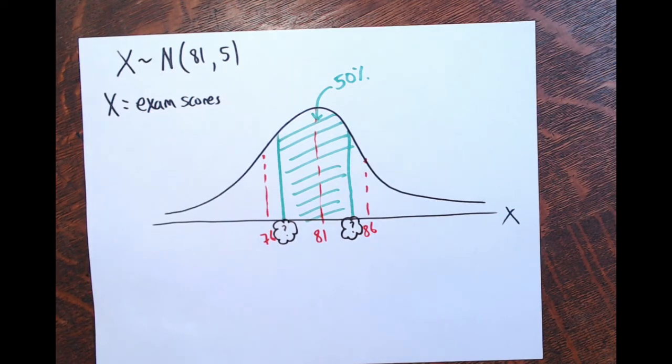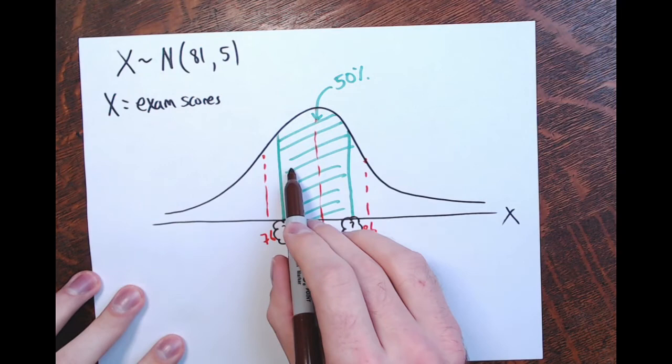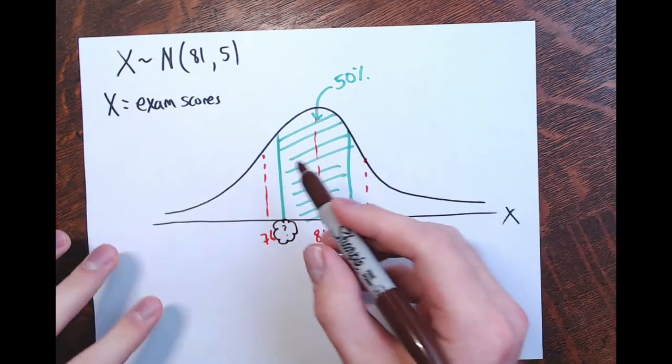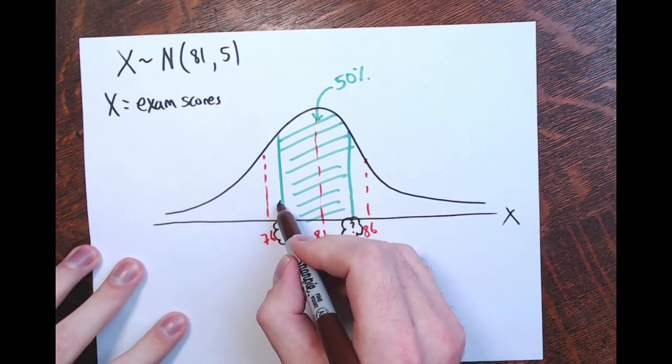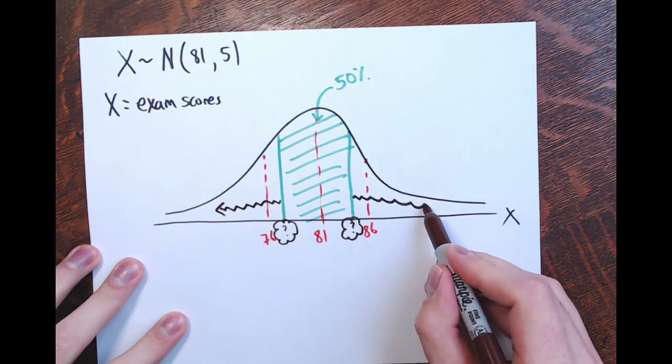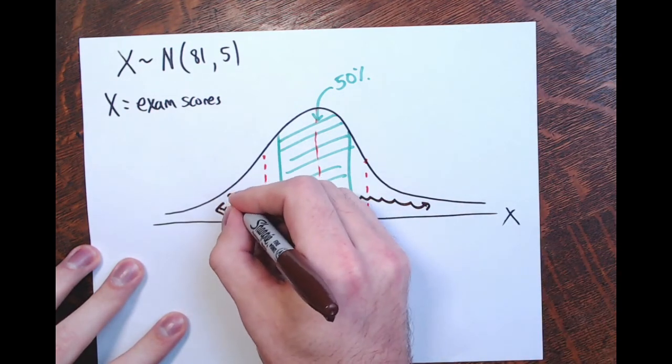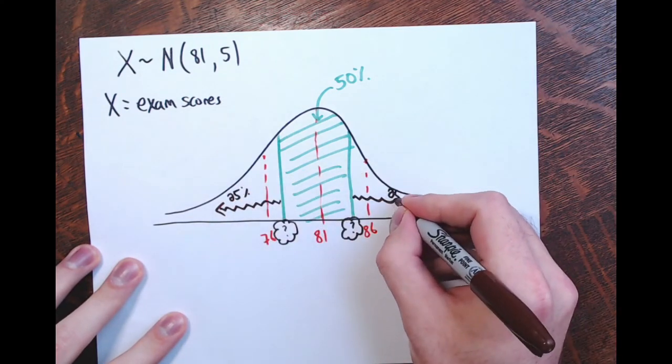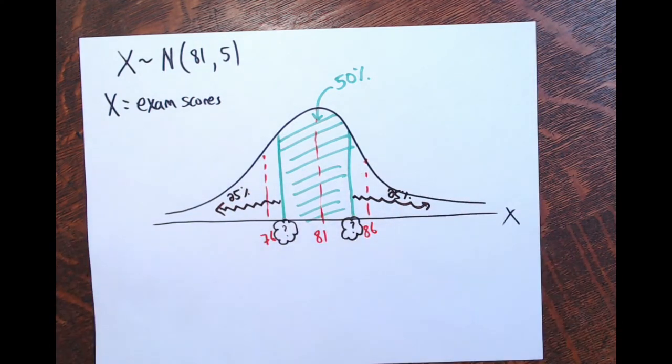So again, using symmetry, if this is the middle 50%, that means these two outer areas, right to the left of this bar and to the right of this bar, are 25% each to make a total of 100, right? Again, using symmetry. All right. So that means